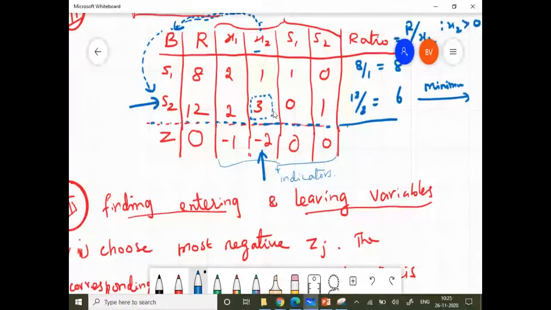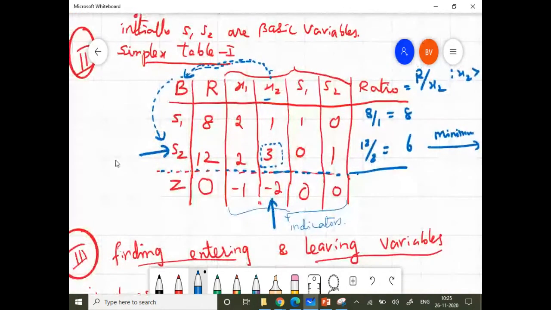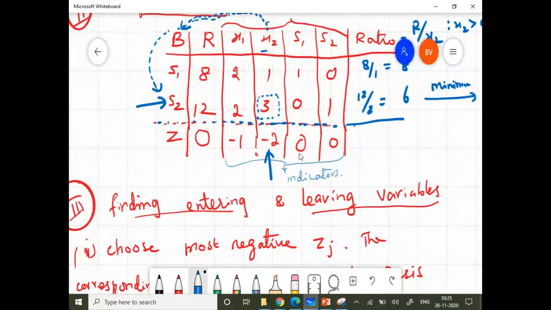So we have a name for this term. This is our leading element for this matrix. And once you find the leading element, the reduction method starts. The reduction method is not for the entire matrix, only for this particular column. We will convert the leading element into 1 and the other column elements into 0. That's it. Then we will write the next table of symbols, check the Z values.